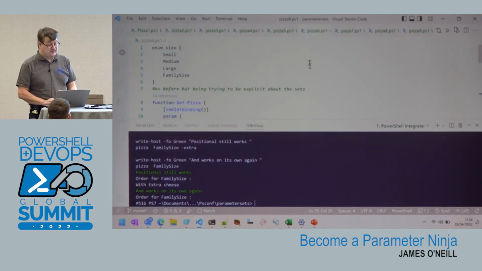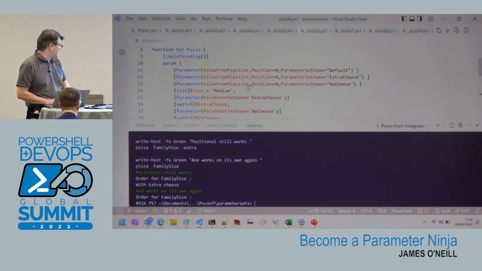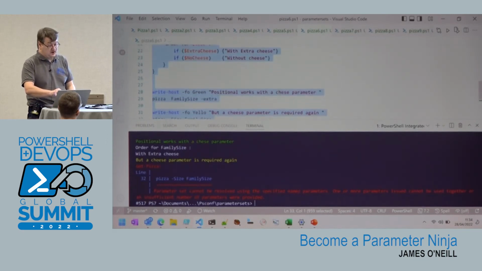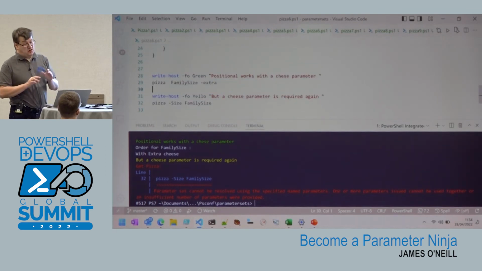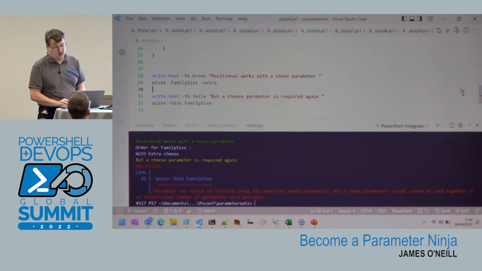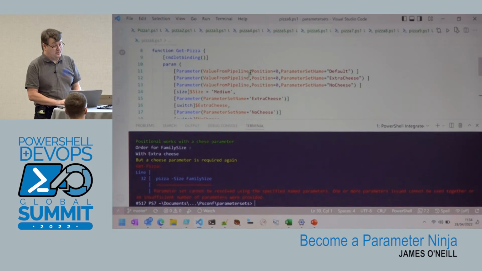But if we specify the default set explicitly, so up here I've said medium can be in any of those sets, it's all broken again. And the reason it's broken is nothing that's there tells PowerShell that if you've just got the size, if those two are missing, you can make an assumption that it's the default set.